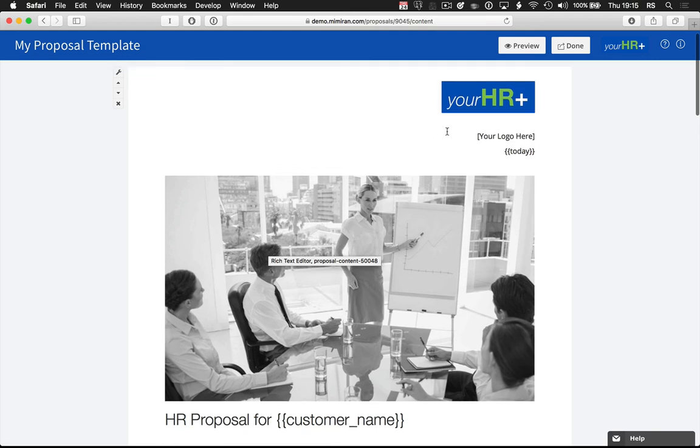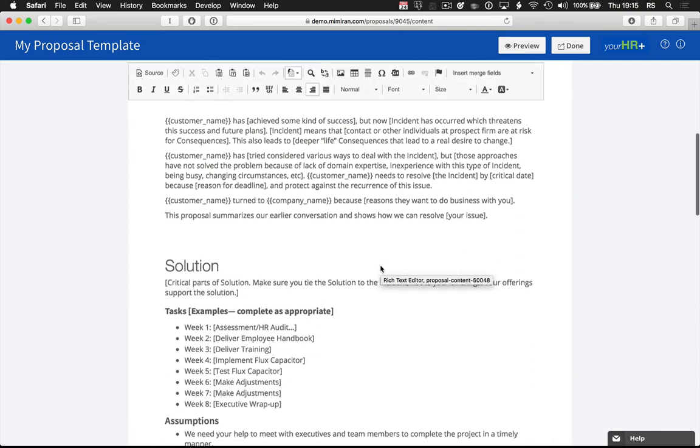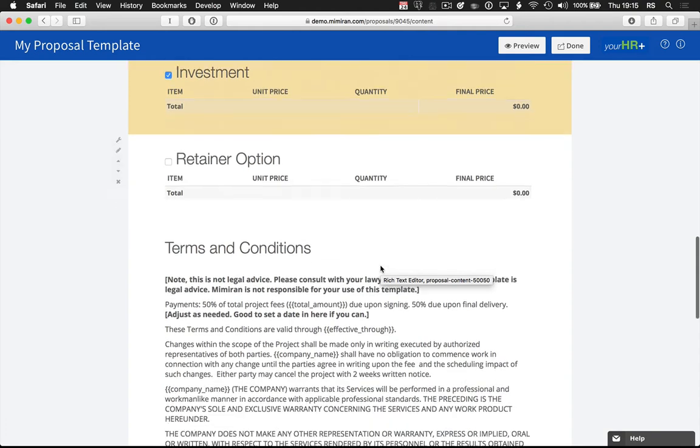And here you can see we've got a bunch of these interesting fields here, right? Today is going to be today's date up and until the proposal gets accepted, and then it's going to have the acceptance date, customer name, kind of obvious. We've got a logo here, but this would actually be your logo both on the proposal and in the upper right over here. And I can go in and basically fill in the blank on the proposal here,